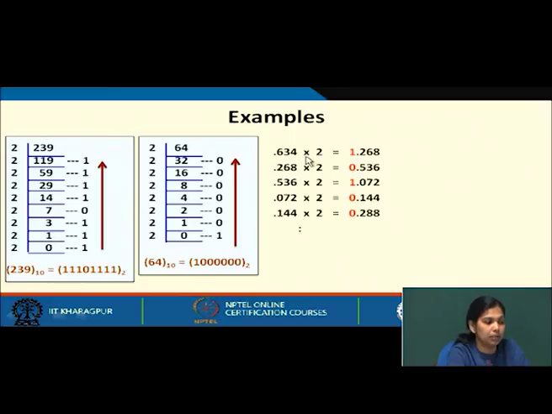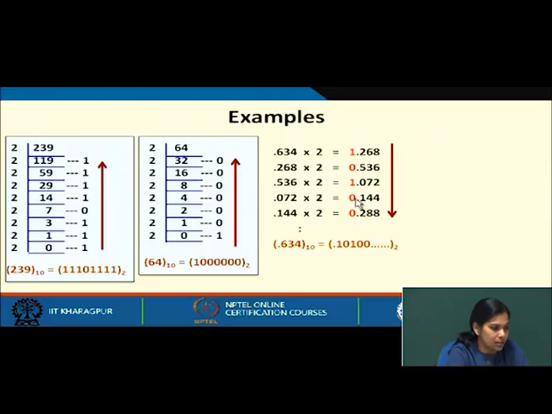The same way, we multiply it by 2 and we keep the integer part, and then we take the fractional part again and keep on multiplying with 2, and again after multiplying we keep the integer part, and again with this fractional part we multiply it with 2 and keep on doing it. Let us say we have done it 1, 2, 3, 4 and 5 times, and we write it in this order. So, the value will be